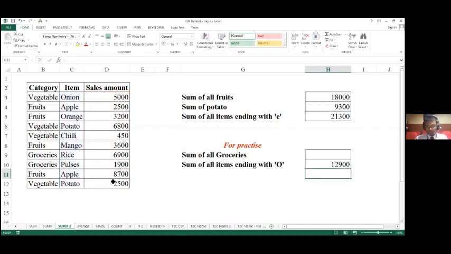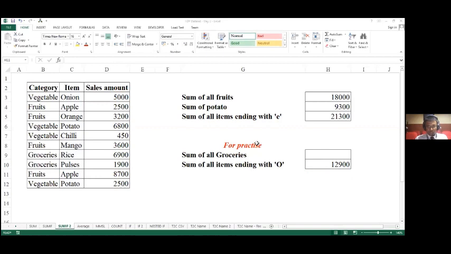The answer should be 12,900. I think most of you have got the answer correct, and I'm very happy that you managed to calculate together.